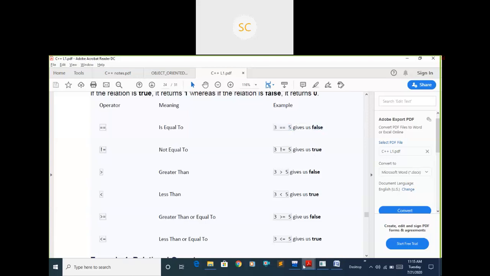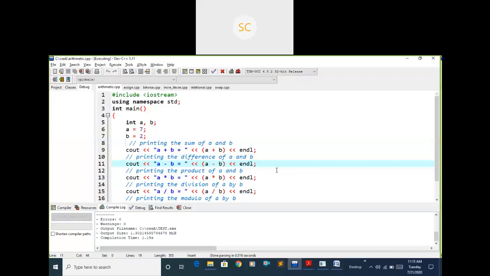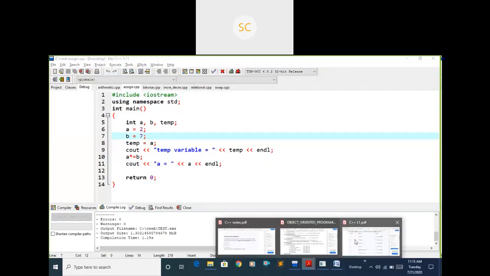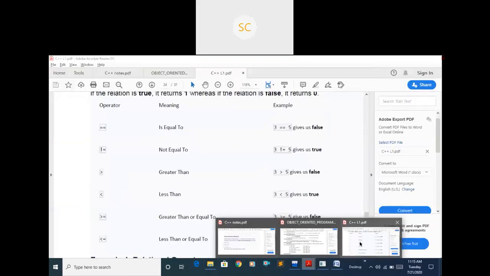Now I will show one example related to assignment operators. Consider this sample program. This is an assignment operator, but these are the relational operators.